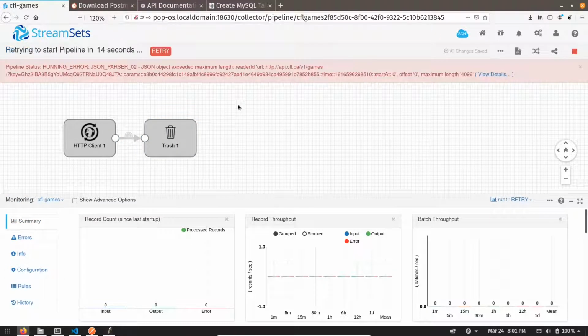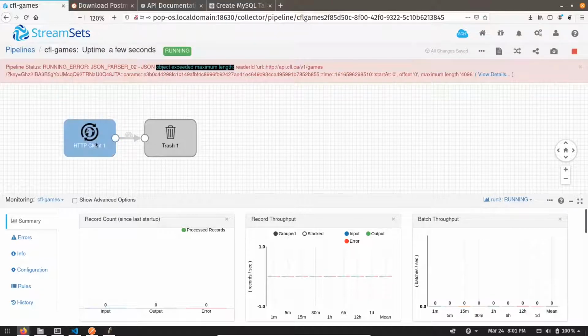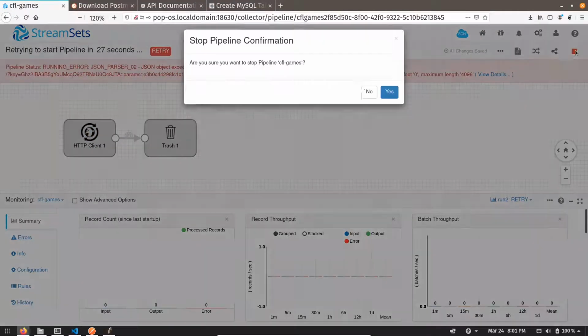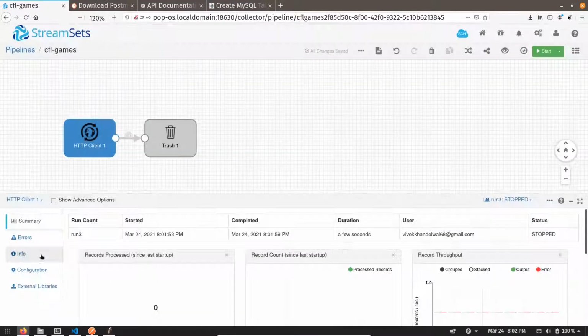You can see we are getting an error saying the JSON object exceeded maximum length. We have already configured a length for an object which our origin can read, and the incoming object is longer than what we have configured. That's why it is giving us that error. So let's see.